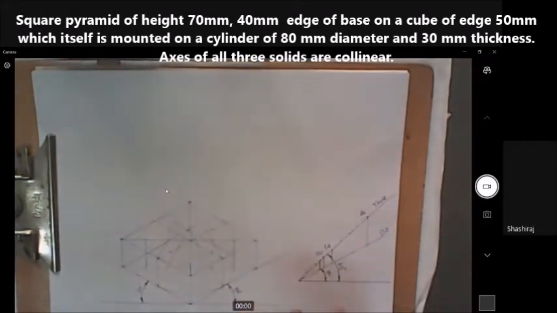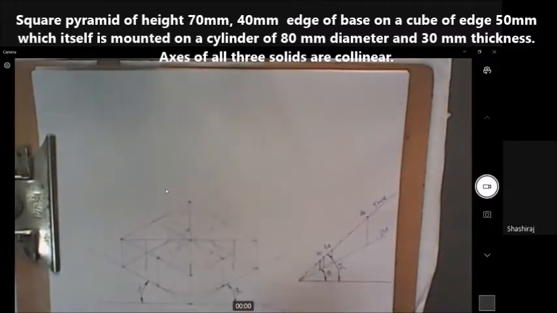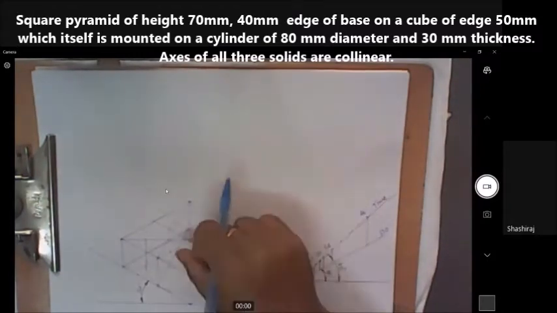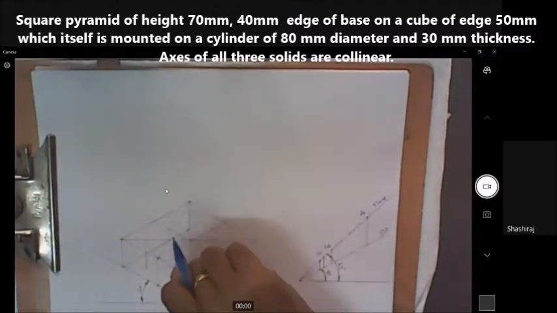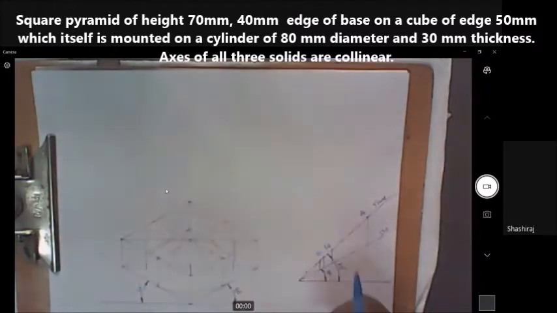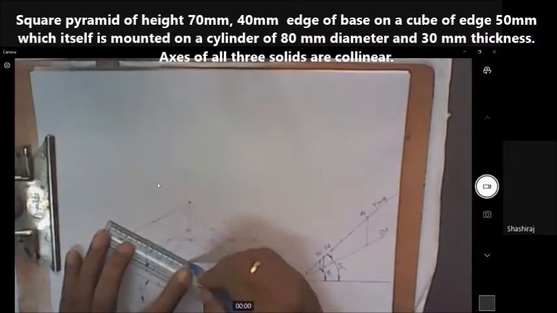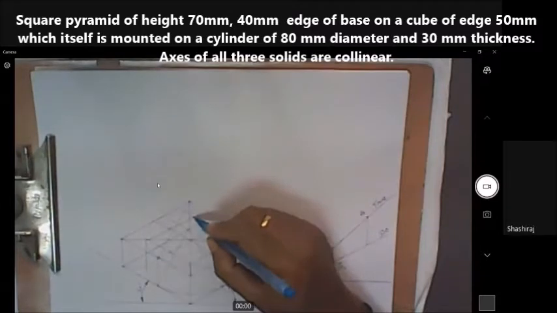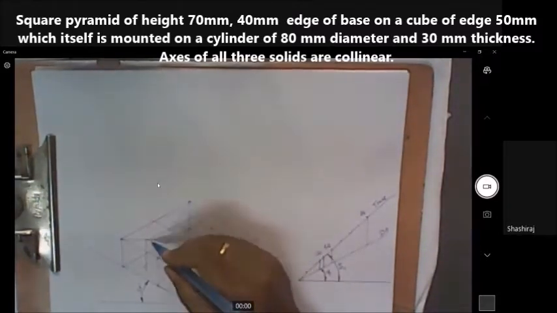This is one common mistake students do. After marking these points, they try to join them, which will not become a face. You have to draw parallel lines here. One line here passing through this point, another line here passing through the same point, and one line like this parallel to the other axis, and another line parallel to the other axis, passing through that point whatever we have obtained. So I got, you can observe now, this is one corner of the face, this is another corner of the face, this is the third corner of the face, and this is the fourth corner of the face.